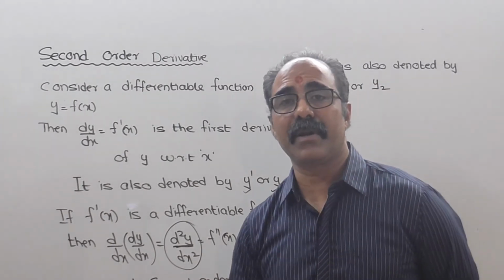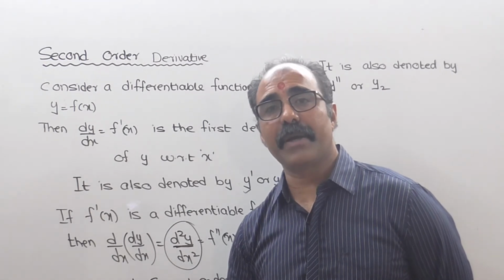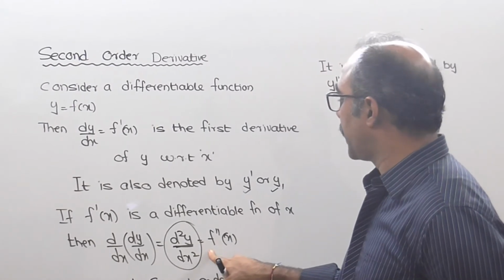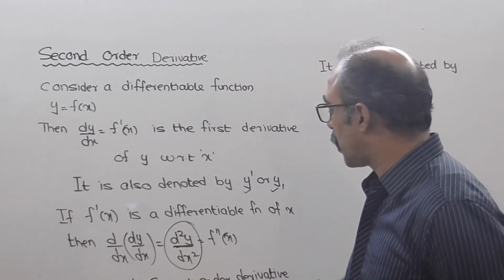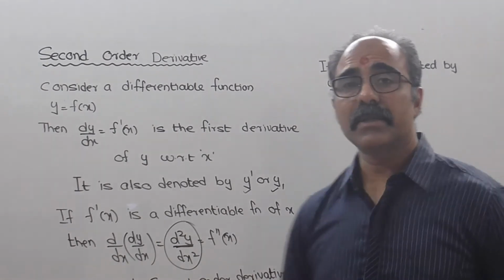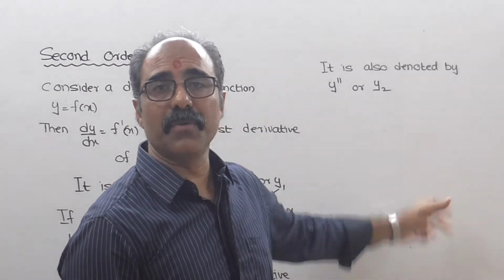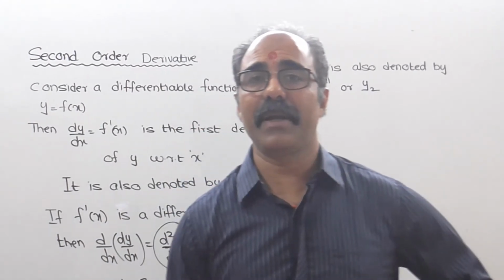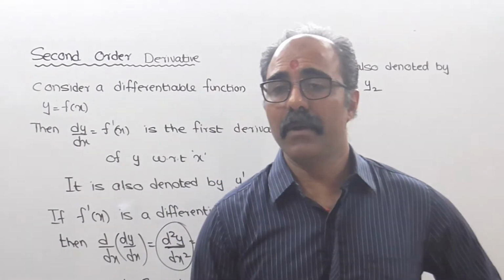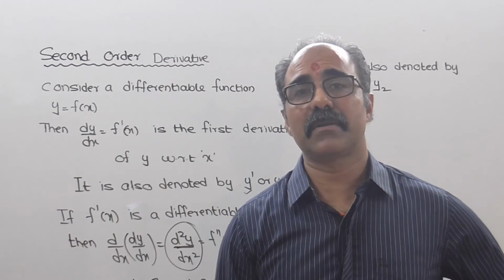This is called the second derivative. So whenever you have a question, you find the derivative of that and find dy by dx. Whatever dy by dx you get, again you differentiate. That becomes d square y upon dx square, and that is equal to f double dash of x. This is called the second derivative, second order derivative of y with respect to x. It is denoted by y double dash, or it is denoted by y2. So if I say y dash, it means it is dy by dx. If I say y double dash, it means it is d square y upon dx square. This is the concept of higher order derivatives, and one part of it is second order derivative.